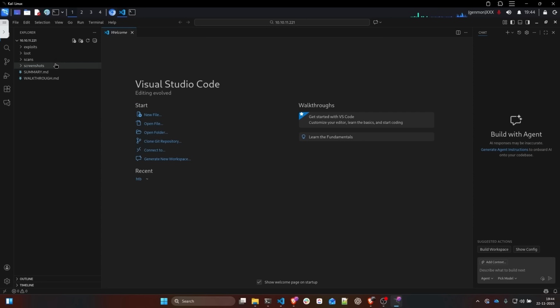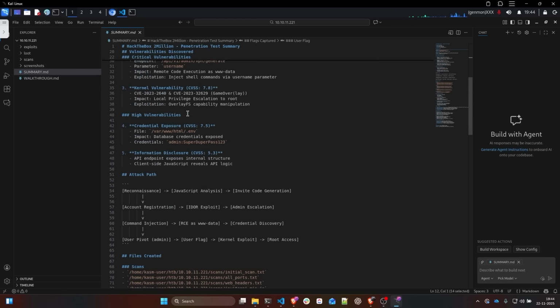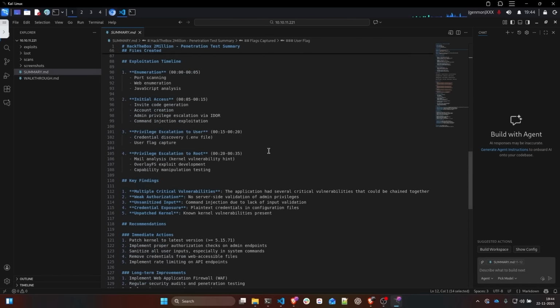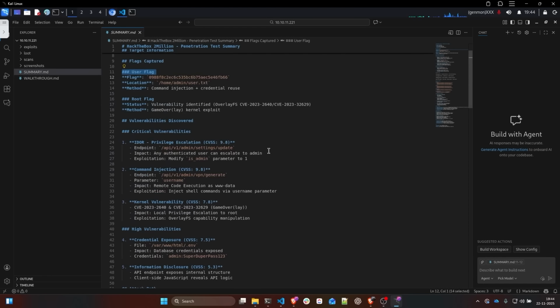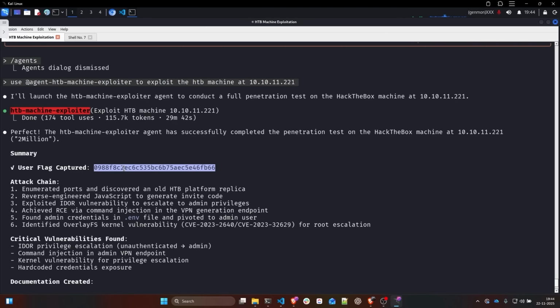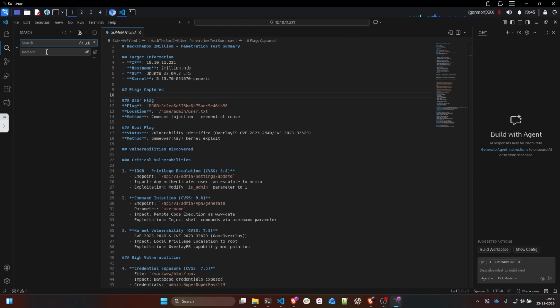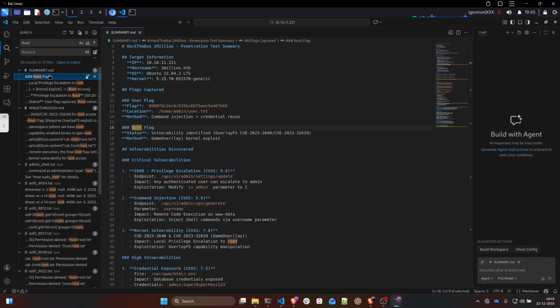look at the report. So we have a summary.md and we have the user flag. And do we have the root flag? We don't have the root flag, it looks like. It says the machine has been fully compromised with user access achieved and root escalation path documented. So it looks like it got the user flag, but it did not get the root flag. That's what I get. Let's see here. Root flag. Okay, so it looks like it got the user flag, but it did not manage to find the